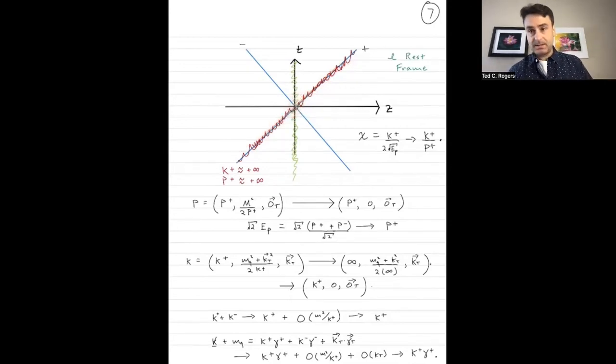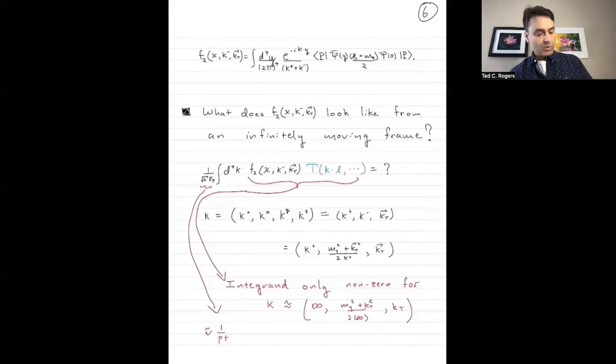So the T is describing whatever operations take place right here. And what we're saying is that, assuming that we've got a reasonable state for the proton, meaning it models what we expect for the proton, it restricts the momenta to be within a certain range, then this integrand